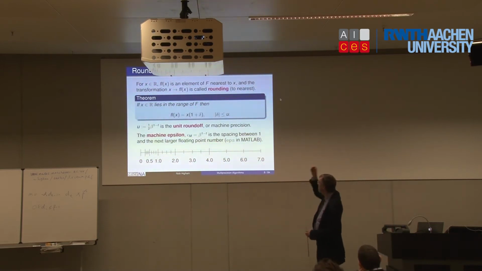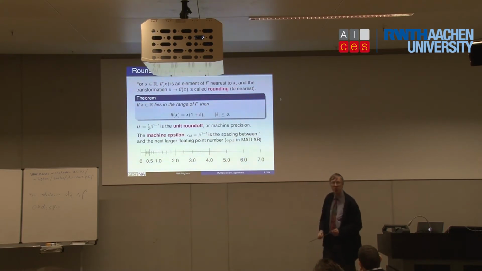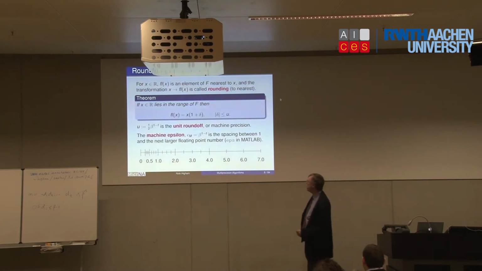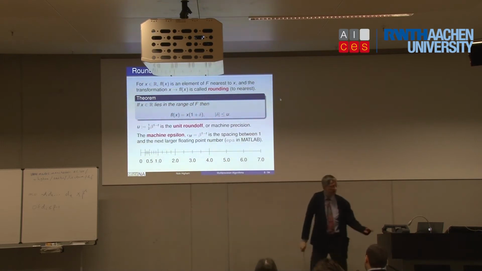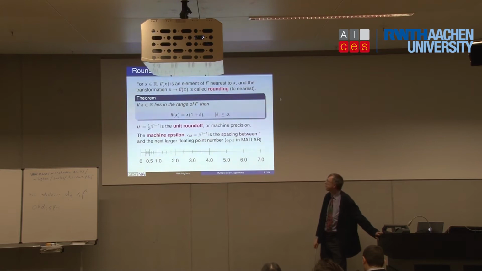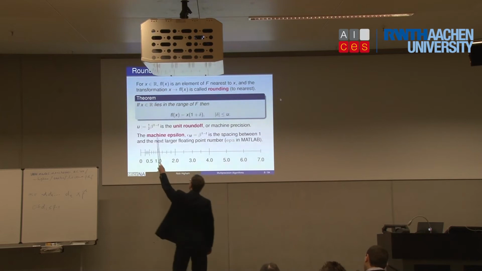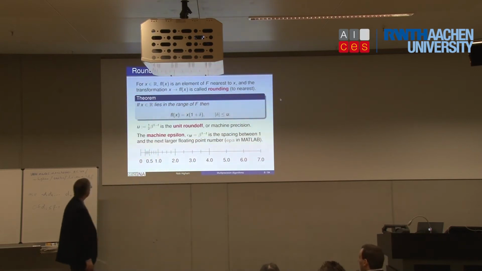So what I've shown you here is a theorem that says if you round x into the system F, then here's what you can say about the rounded number. So fl is the act of rounding: round the real number x into F. What you get is not necessarily x, but x times (1 + delta), and delta is bounded in modulus by the unit roundoff. So the delta is the relative error in that approximation to x. And the claim is it's bounded by little u, which in terms of the general system is a half beta to the 1 minus t, or 2 to the minus t if the base is 2.